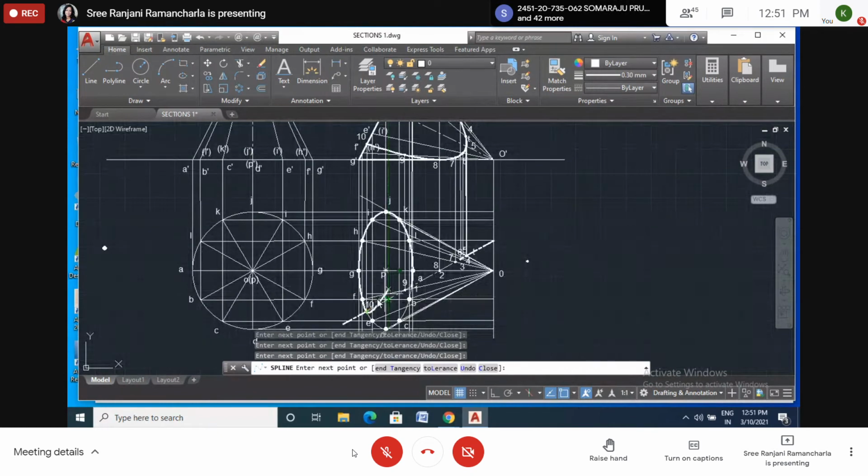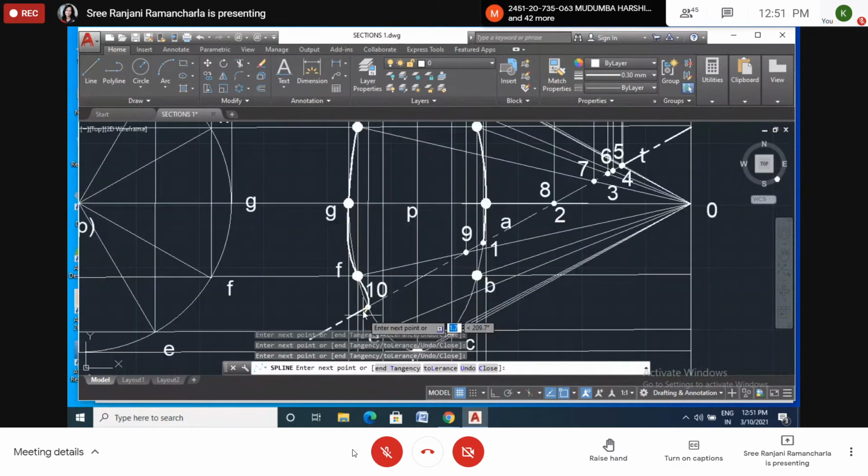See now, from here to here it is highlighted. This portion is not. This portion is not there. So I have to be careful. Now I have to end here only. Enter.